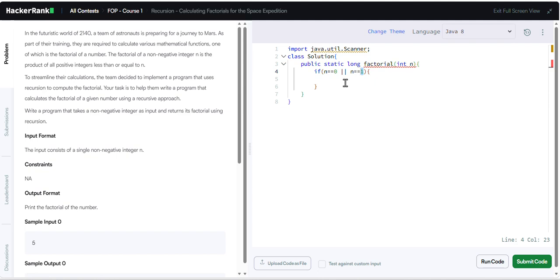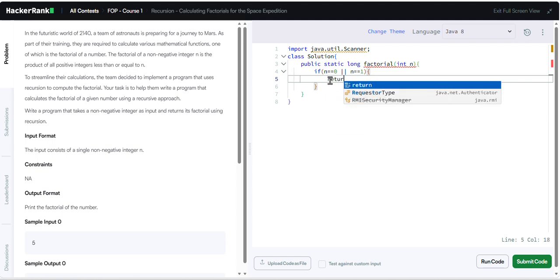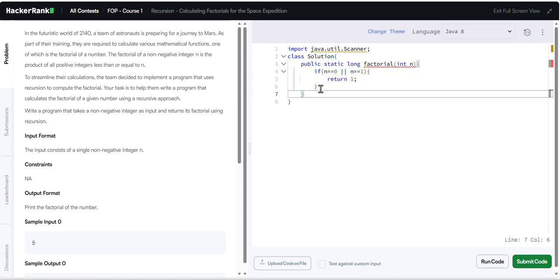It stops the recursive calls. So we took this. This is the base case. So what we need to do? We need to print 1. So return 1. Or else, if this condition fails, next what we have to do?